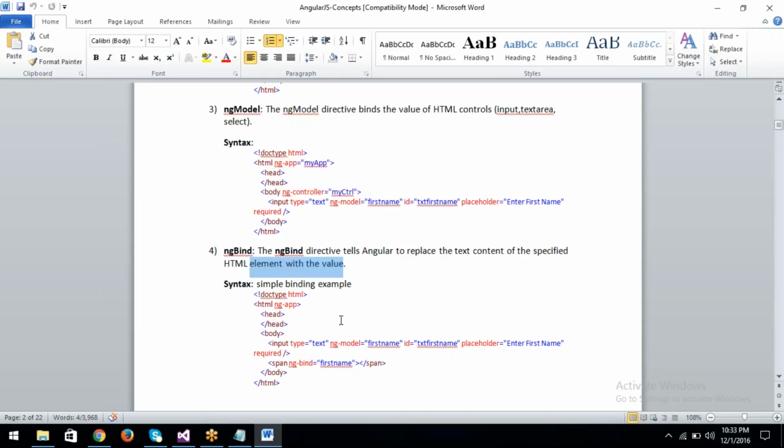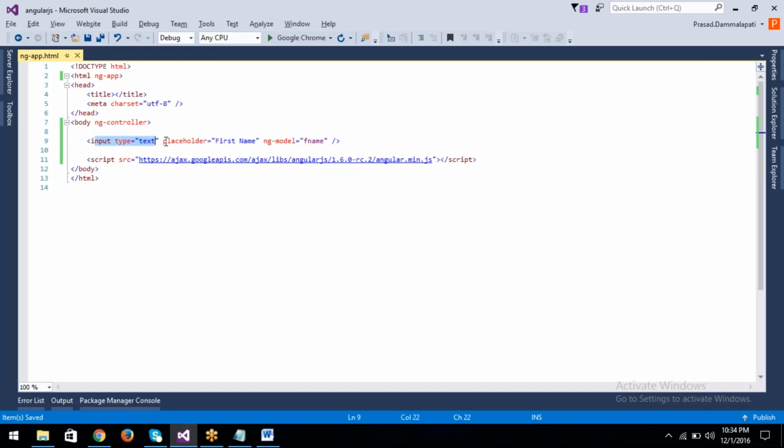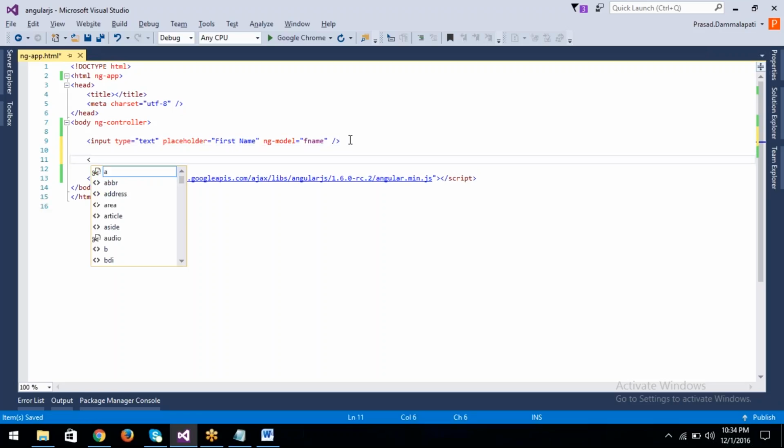Okay, to bind the value into the HTML elements, we can use this ng bind directive. To display the output in HTML form, we can use this ng bind directive. So for example, we have a text box with the ng model directive. This text box value is saved in the fname variable, the model variable. And after that I want to display the text box value